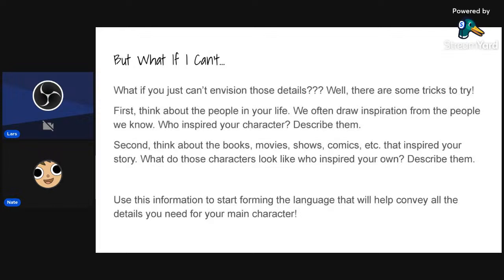It's not going to be as fulfilling if you are doing an insert of somebody, but using them as an inspiration, as a kicking off point, is a great place to start. Yeah. No, and thank you, Nathan, for giving that, because that is great advice. Starting off with the people, both fictional and real, who have inspired you, or that you think about, is a good start. It's a good starting line, but you don't want to just copy and paste someone on over, because that's not necessarily great.